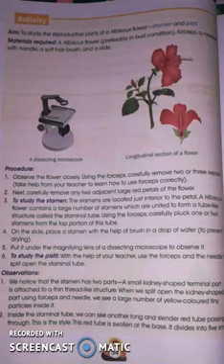The aim of the activity, it means our motive of this activity, is to study the reproductive part of a hibiscus flower, right? So hibiscus flower is also called China rose. It is easily available nearby. We have to study the reproductive part, that is the male part, stamen, and the female part, pistil. So for this we require some materials: firstly a hibiscus flower, then some forceps, needles with handle, a hairbrush and a slide.